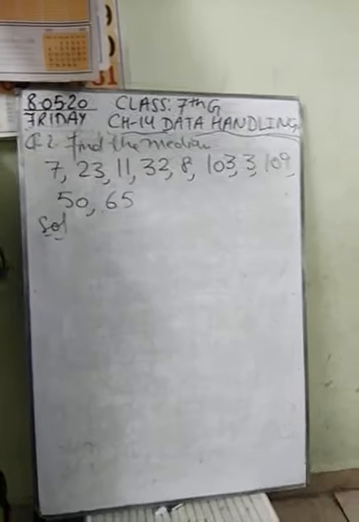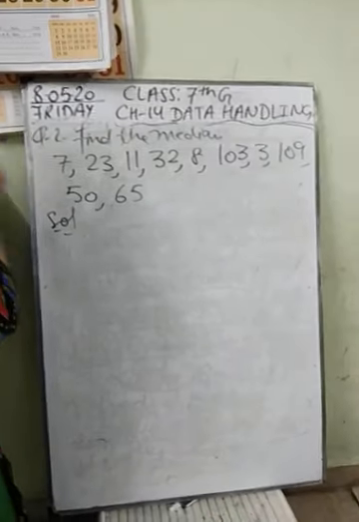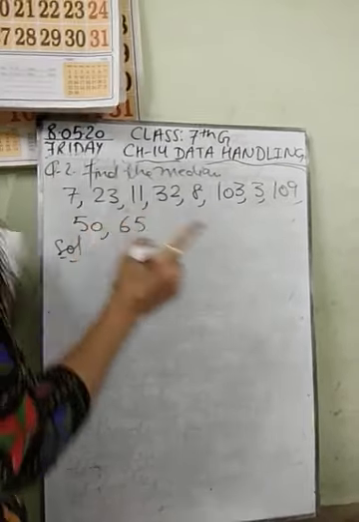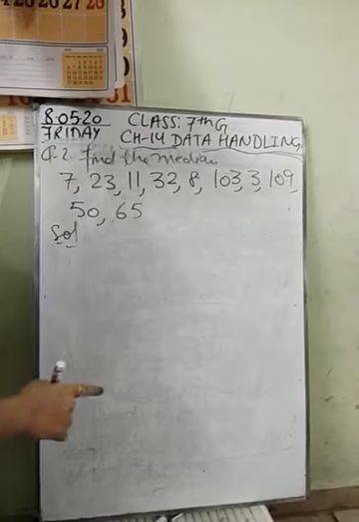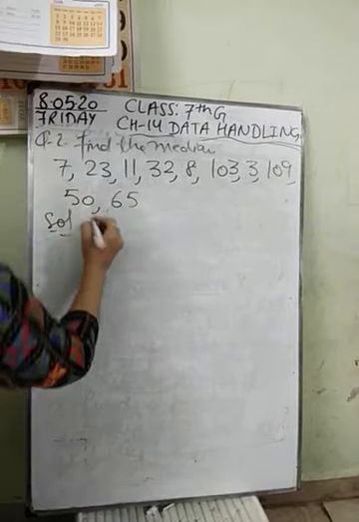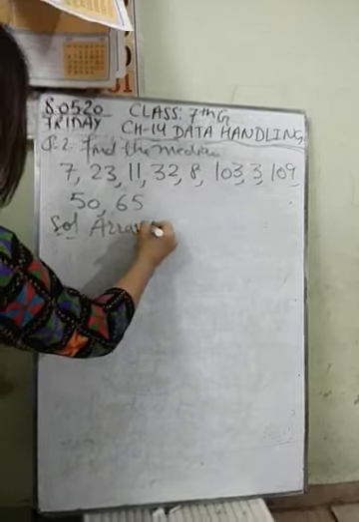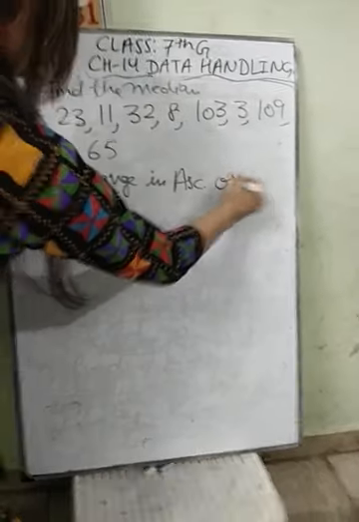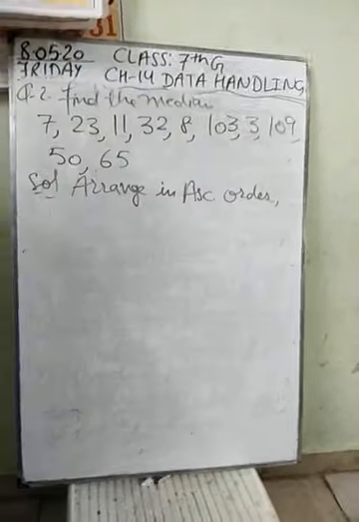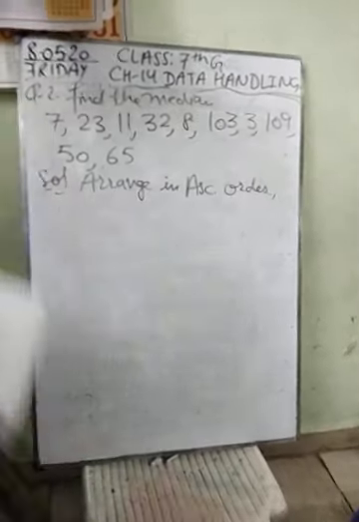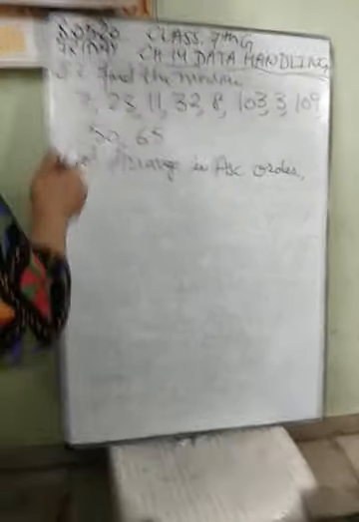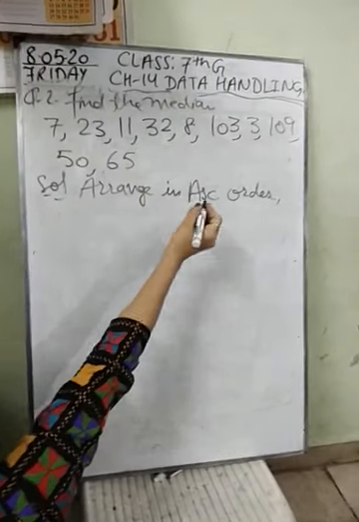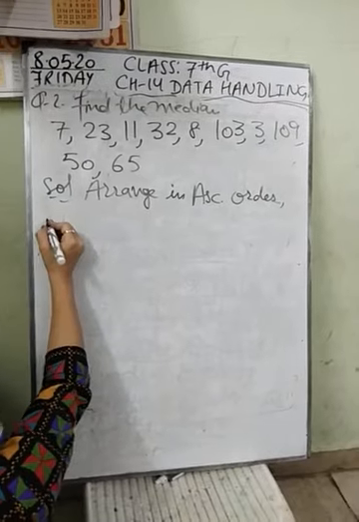Remember, I have given you all the steps according to median, important facts which I have told you earlier. First step was you should obtain the given data. Second step was you should arrange data in ascending or descending order. Okay, this was rule number two. And I'm arranging it according to ascending order. Which is the smallest one? You have to arrange smallest to biggest.